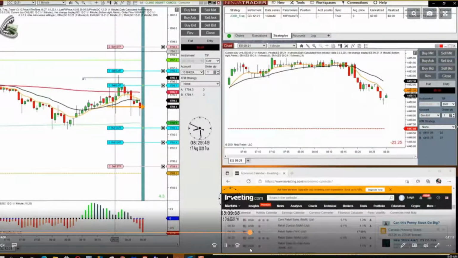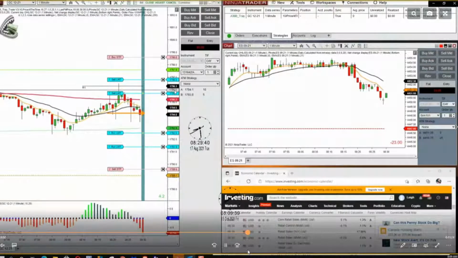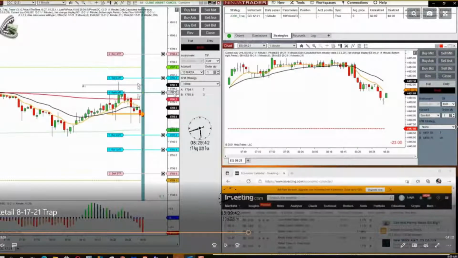And then when the trap trade, so 20 seconds before the news comes out, the trap trade puts the orders, the tiers, on the chart. So you have your 16 and your 28, if that's what you used, 16 ticks, 28 ticks. The arrow is the current price when you put the orders on the chart.